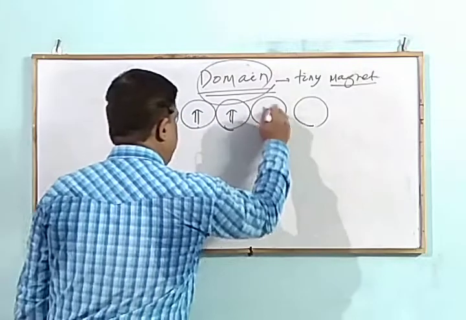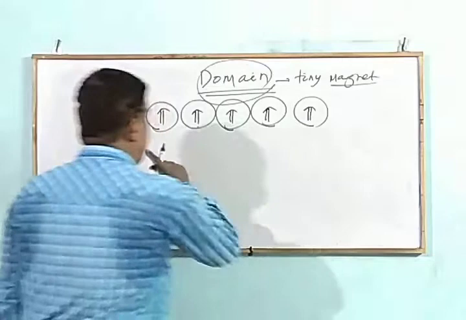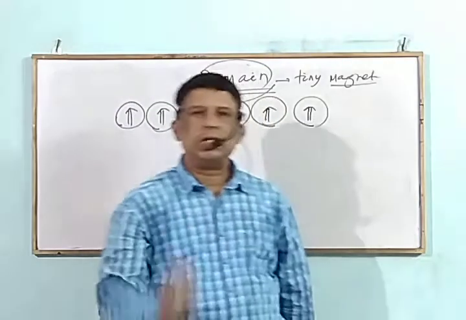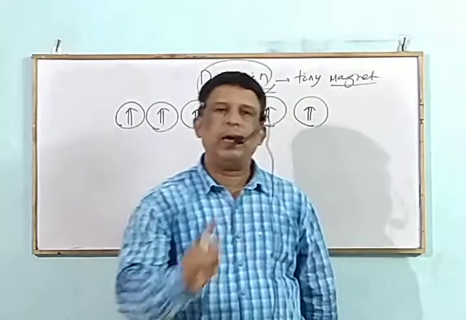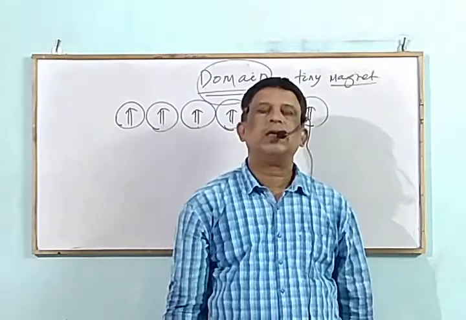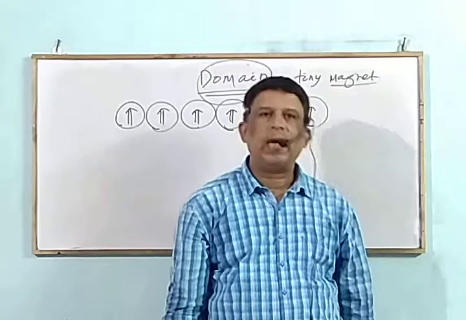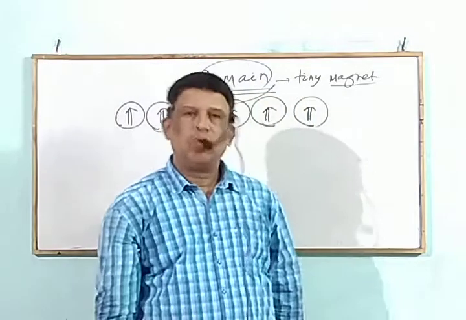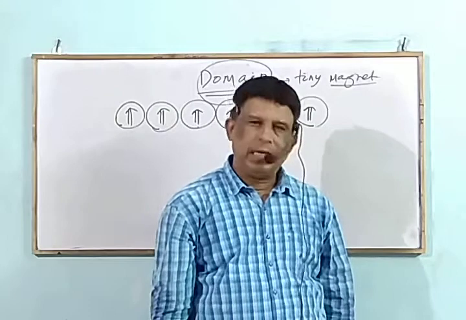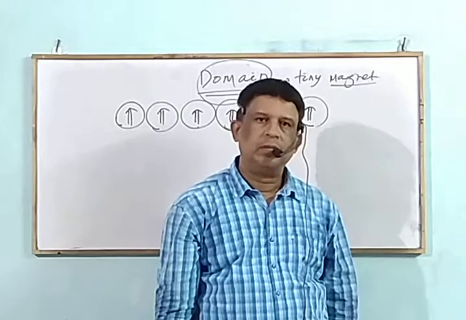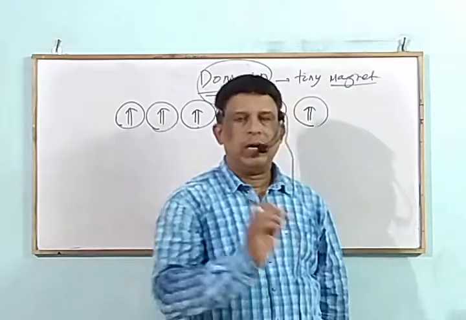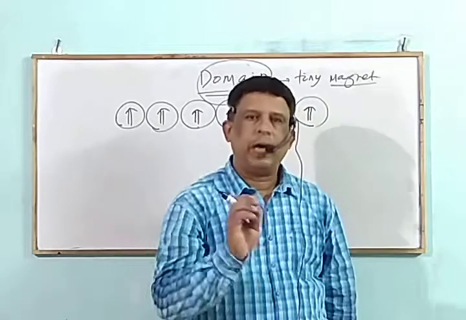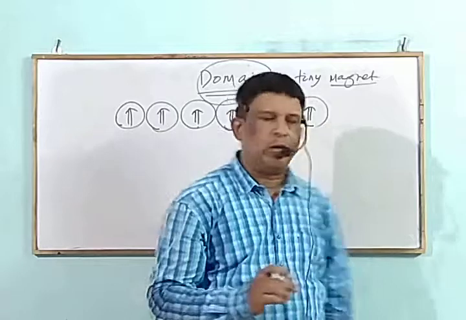This is the alignment of the domain. Orderly alignment is there. That's why they behave as a strong magnet, even when the magnetic field is removed. This is known as ferromagnetic substances. That is, metals like iron, cobalt, nickel exhibit this type of property. So point 1 diamagnetic, point 2 paramagnetic, point 3 ferromagnetic. Next point 4, that means